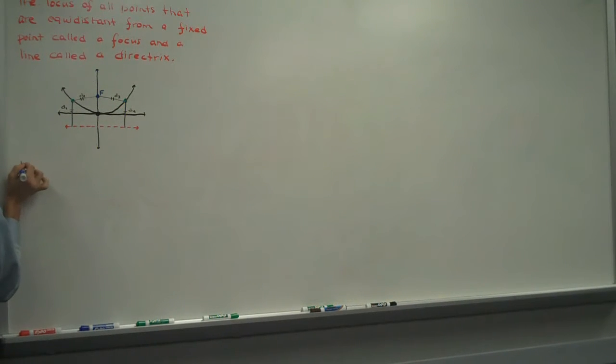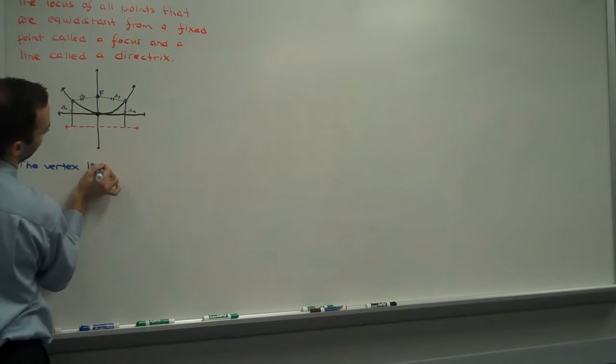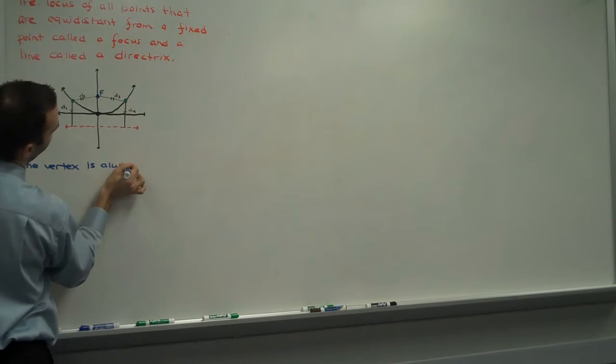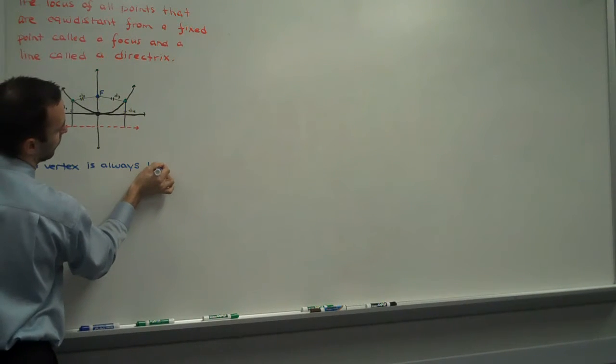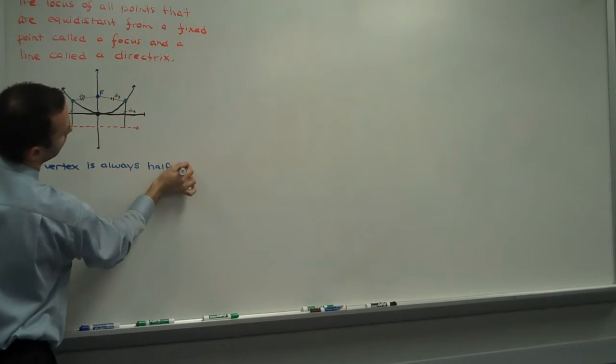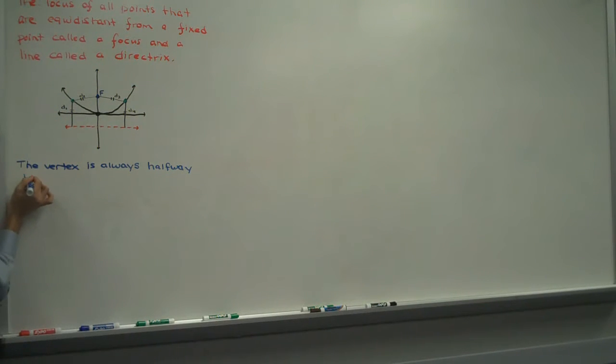The vertex. Remember how yesterday we said that circles don't have vertices? Circles have what? What's their defining point? It's not the vertex, it's the center. Well, now a parabola doesn't have a center, it has a vertex. So the vertex is always halfway between the focus